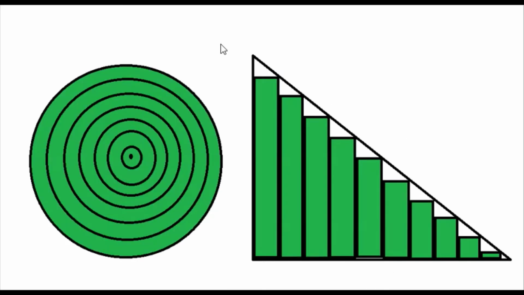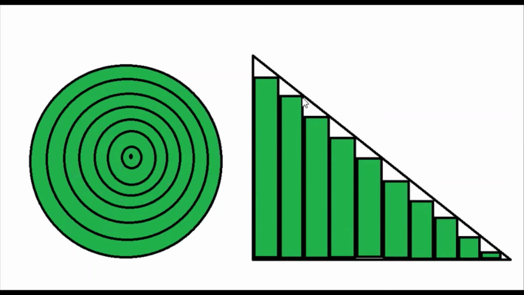So to make our estimation even more precise, we are going to use thinner strips. The thinner the strips that we are dividing the circle into, the more precise our answer is going to be. And if we divide our circle into infinitely thin strips and arrange all of those strips in this kind of manner,